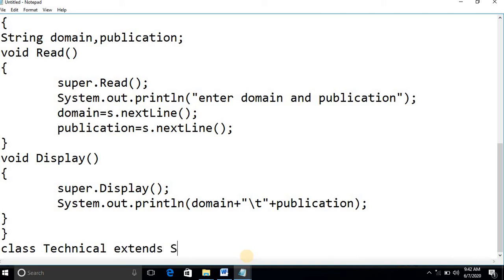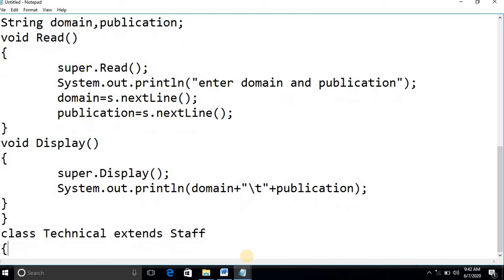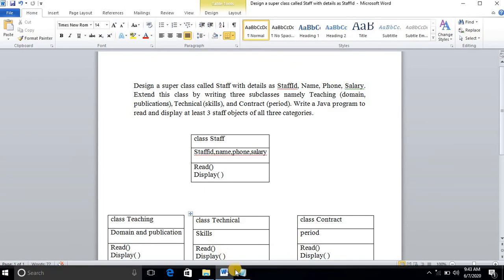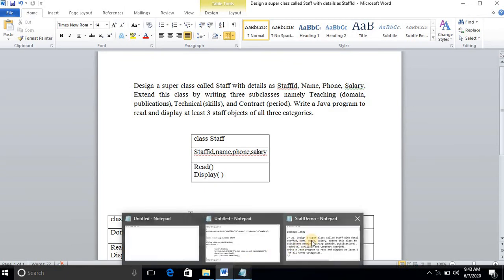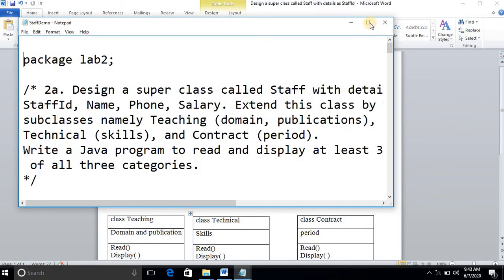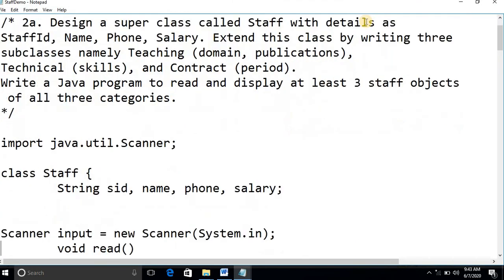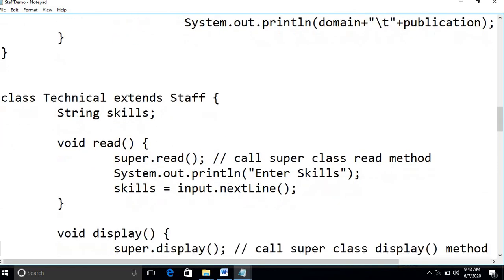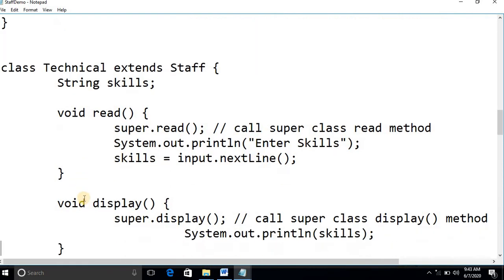Extends staff. Okay. So as usual, the extra field here is only skills. I'll just declare skills here. Now just skills I'll give, and void read: super.read will call the super class read method, and the only thing I have to read is skills here.